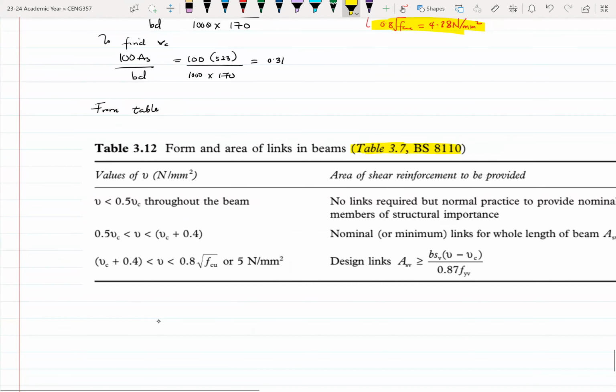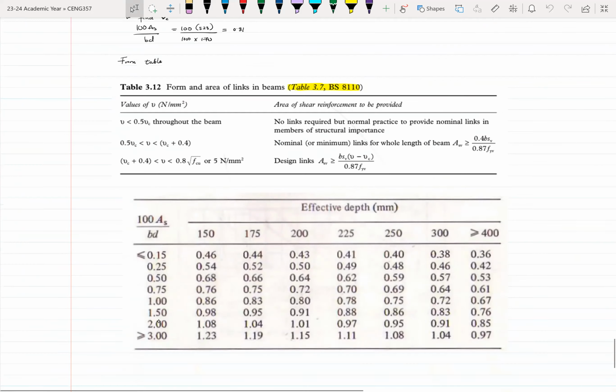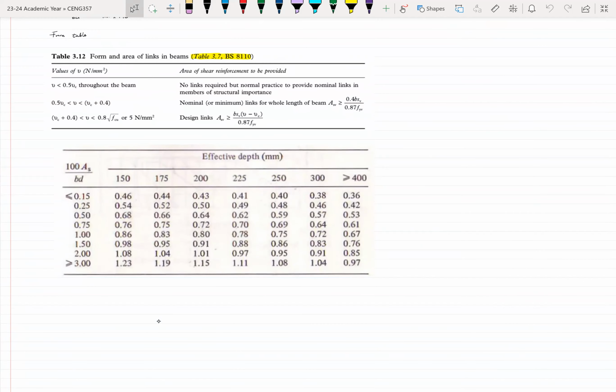Oh, no, not this table, sorry. I brought the wrong table. Forgive me. This table is fine, but this is not the table I want. I want the table that has the vc information. The table I brought earlier is fine, it's going to help me come up with some